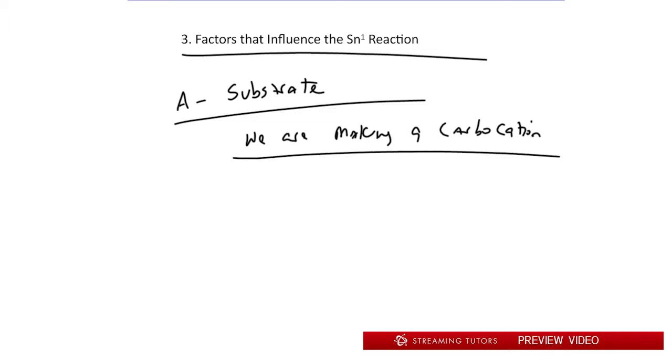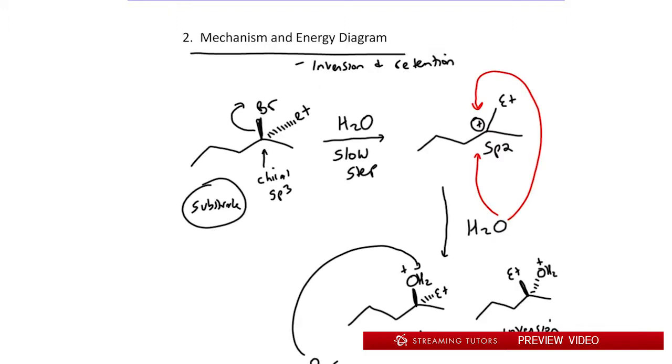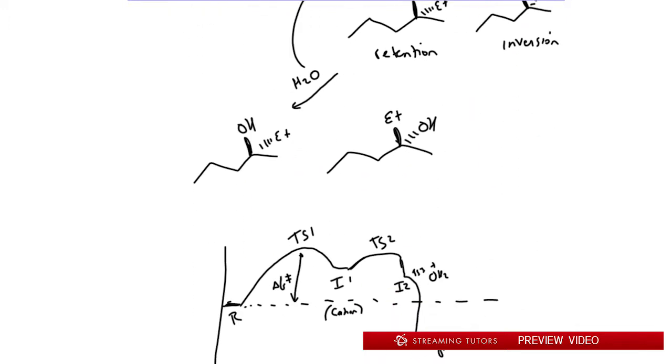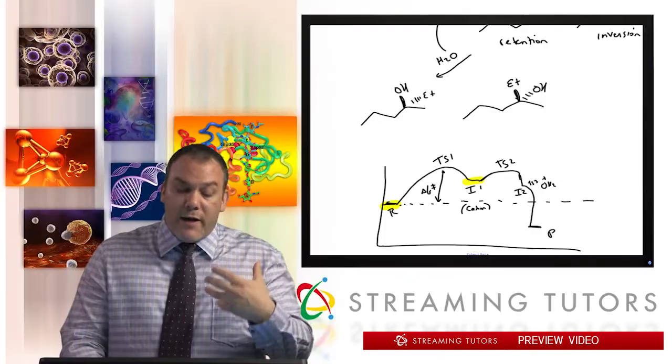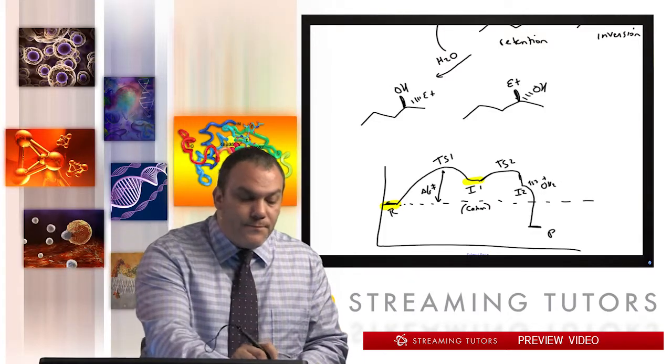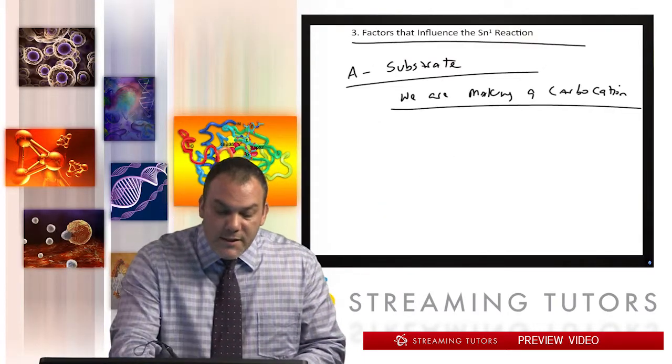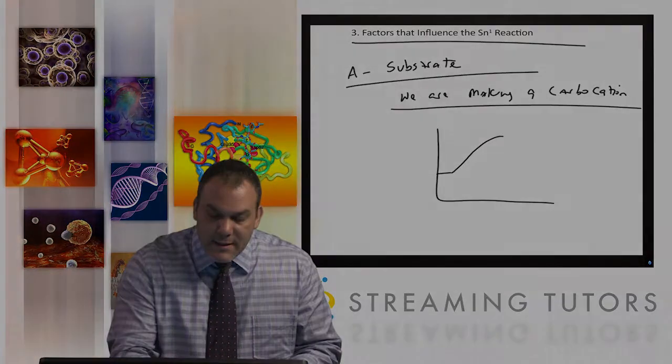We make a carbocation. So we have to think about, notice that in this first step, it's an endothermic step. So going from R up to this first intermediate, it's very high in energy. It's closer to the top of the hill. So the carbocation is the most important characteristic because it's what influences the rate of the reaction. So because our first step looks like this, to make